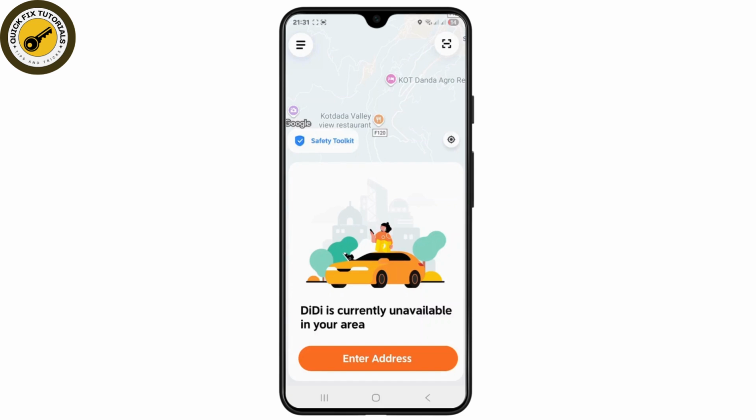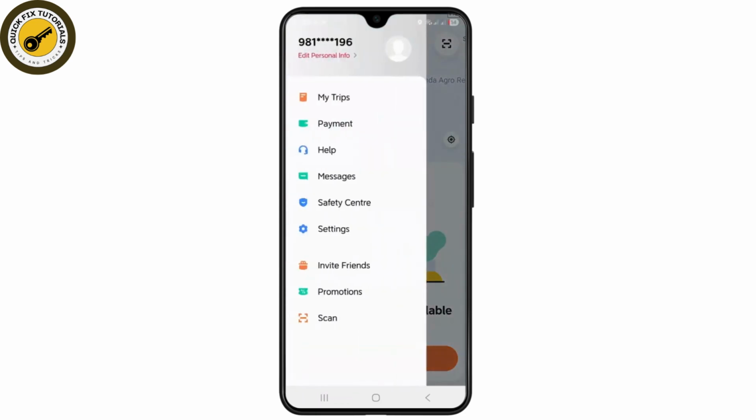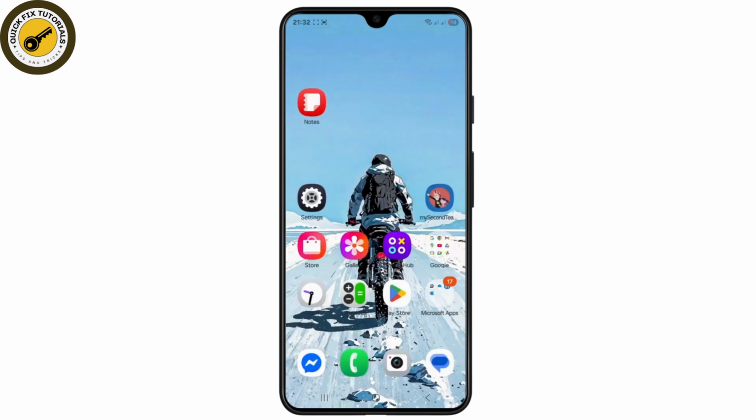In this video I'll be discussing how you can easily fix your DiDi application not working correctly. So if you're also using the DiDi application for your ride purposes and for some reason your application is not working correctly, in that case what you might want to do is head over to your device's settings first,